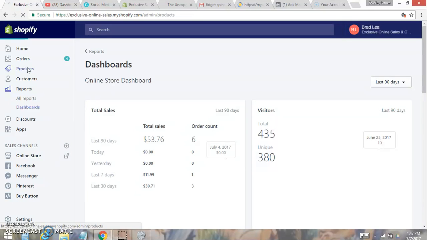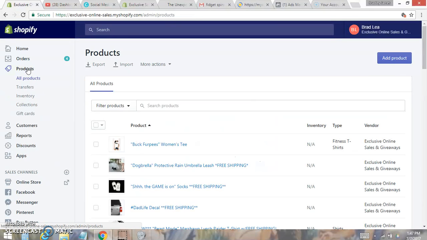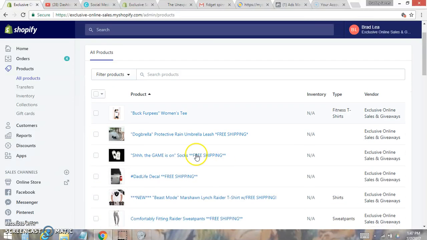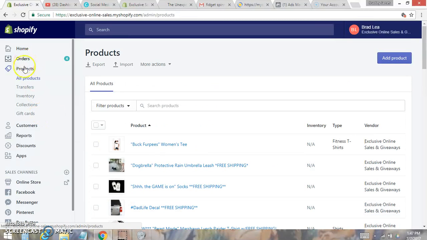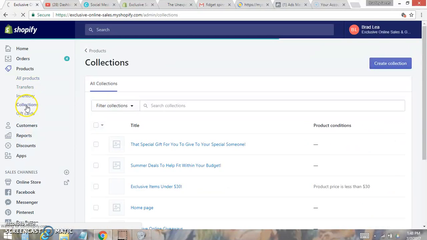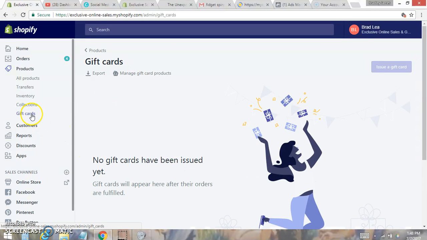So any products, a lot of this is pretty self-explanatory when it comes to the products. Add a product, put the name. I'm not going to go through there, but you can go through here and see your inventory. The collections are neat. They're great. You can put certain collections, groupings, and categories of products, or whatever you want to call it. The gift cards, once again, if you're doing the $79 or $99 plan or greater, you get gift cards,